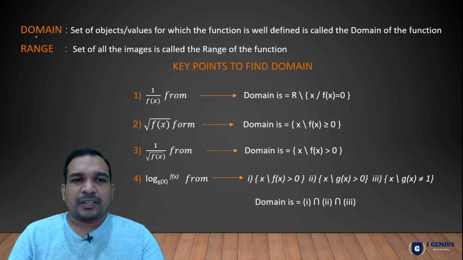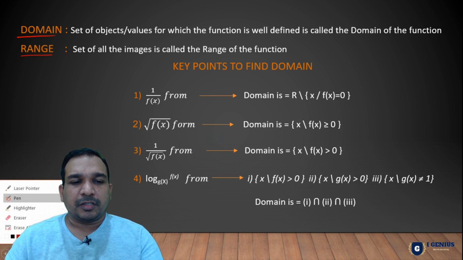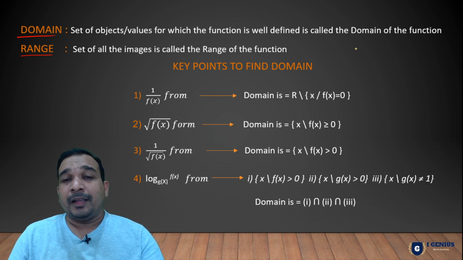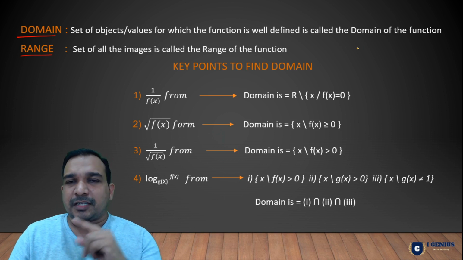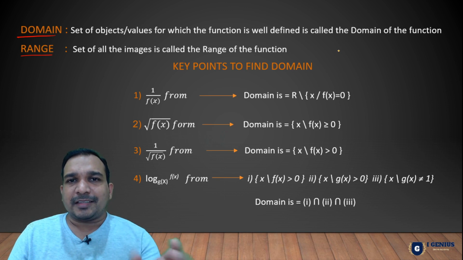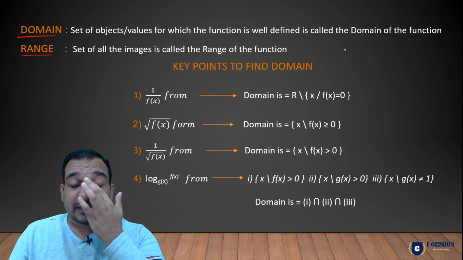Yesterday I told you what is the domain and what is the range, these two definitions are over already. We talked about them, and with different examples also we solved it. Now, the set of objects or values for which the function is well defined is called the domain of the function. Yesterday I told you that if a function f from A to B is given, then A is nothing but the domain and B is nothing but the codomain, and outputs are nothing but the range values. If you missed that class, please go back and see yesterday's class, guys.